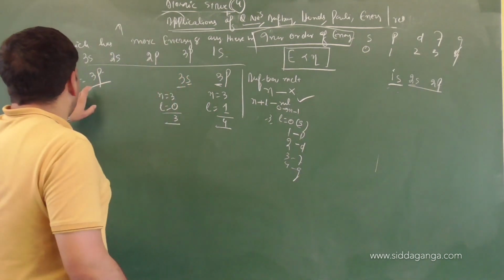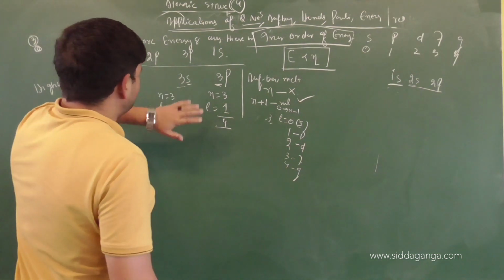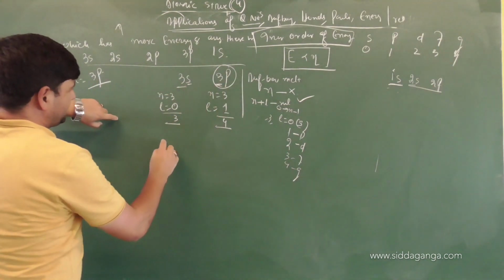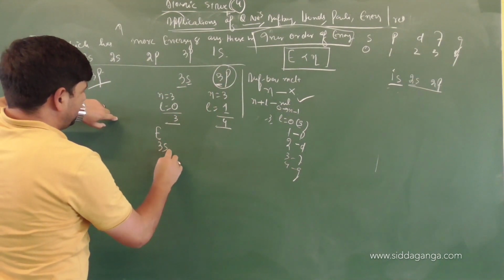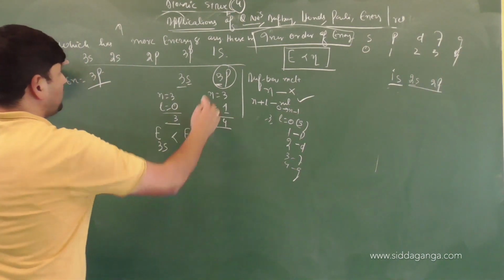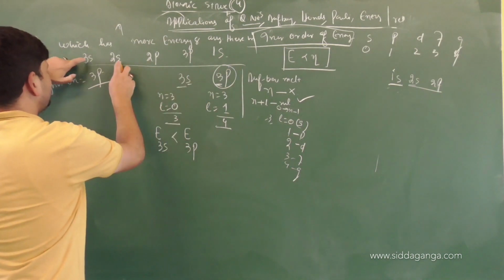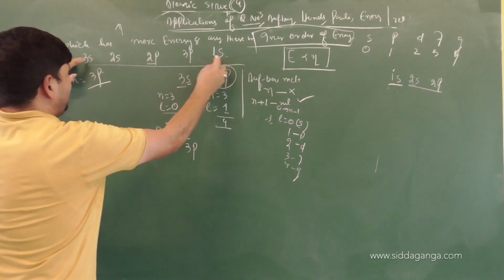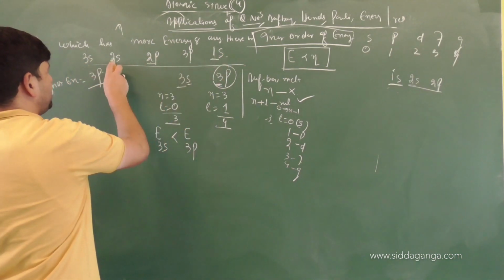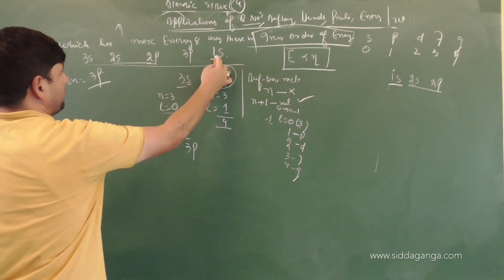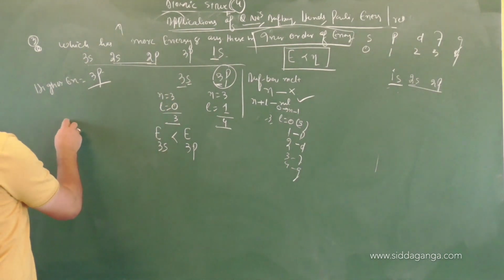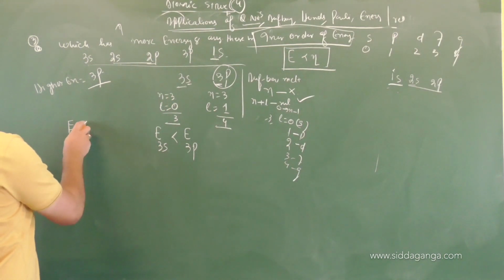Next. Okay, so energy wise, 3s and 3p were the highest. Out of 3s and 3p, 3p is highest. So the energy of 3s is less than the energy of 3p. This is done. Now you have 1s, then 2s, then 2p. Which one has the lowest principal quantum number? 1. It is 2 and 2 for the others. So principal quantum number 1 is lowest. So the least energy will be for which one? The energy of 1s is less.